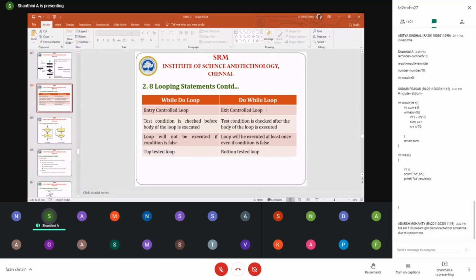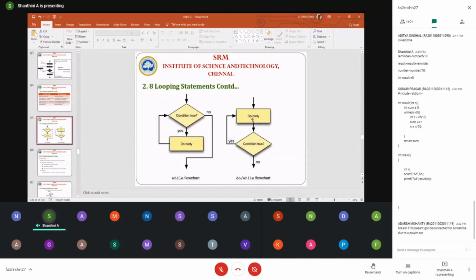The loop will not be executed when the condition is false, because in the beginning itself you are checking the condition. Whereas in do while, it will be executed at least once and then only it will check the condition. If it is false, then it will not execute again. So at least once it will be executed, though the criteria is false. In the flow diagram, you check the condition. If yes, you go to the body of the loop and do it. If no, you just exit. Whereas here you do the body of the loop once, and then only check the condition. If yes, you again proceed to the body, else you just come out.